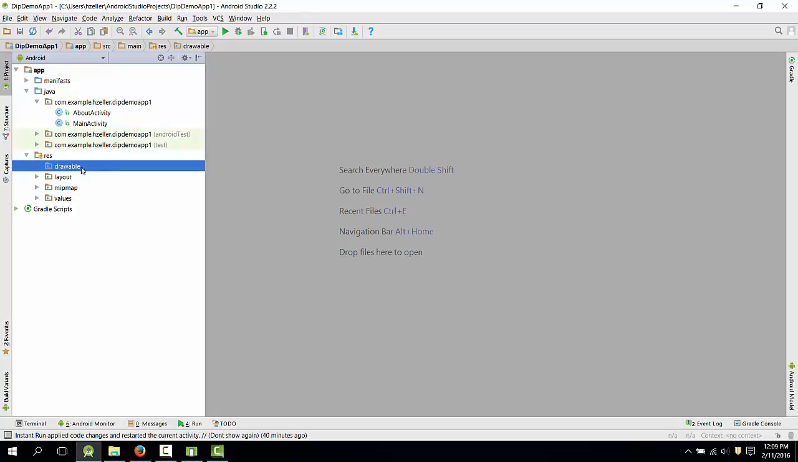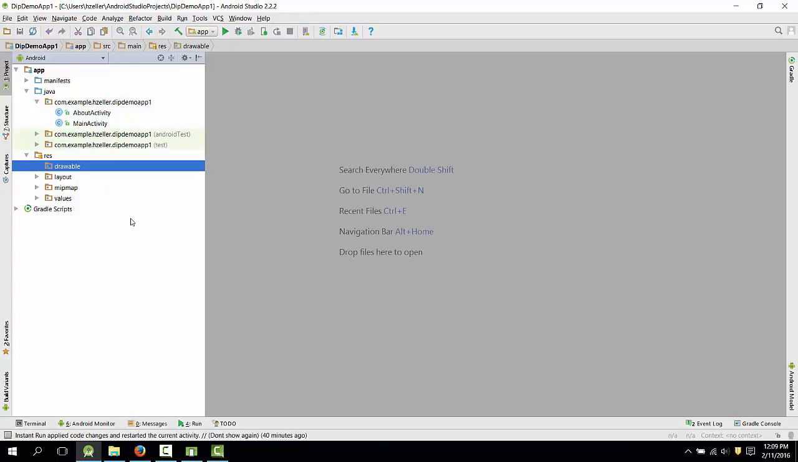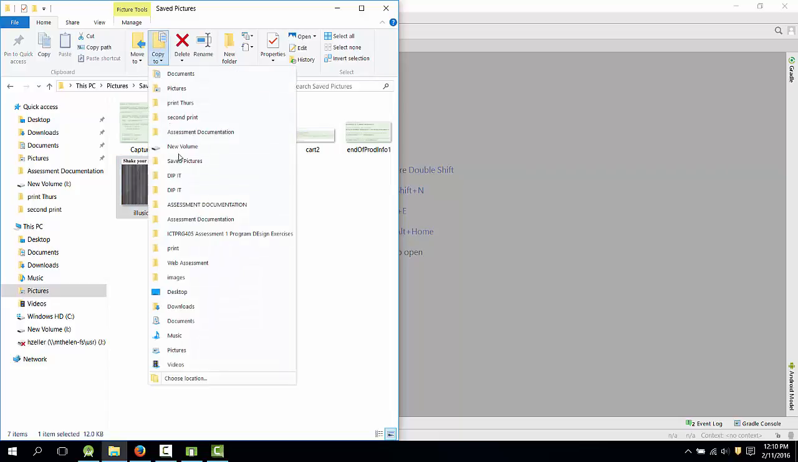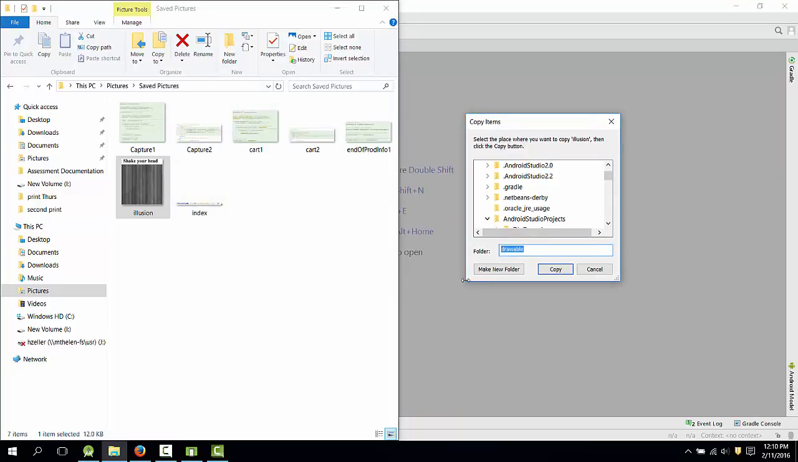Now it can be a little bit tricky to find this folder, so one little trick I've figured out is if you right click on here, you can actually copy the path, and then it makes it easier to put something into that folder. So I'm going to go to my saved pictures. I've got an image here called Illusion that I want to put into my Drawable folder. If I click on that and I press copy to, and I choose the location, in here in the folder I can just paste now because I've got the Drawable path in clipboard,